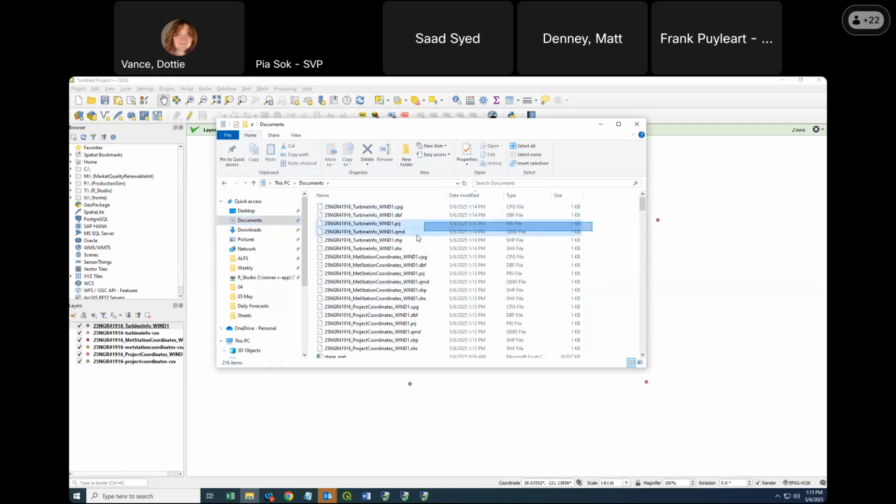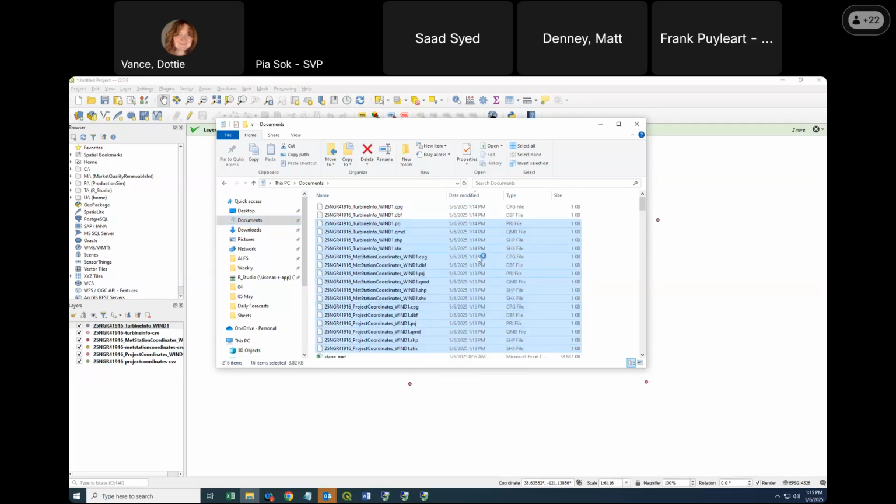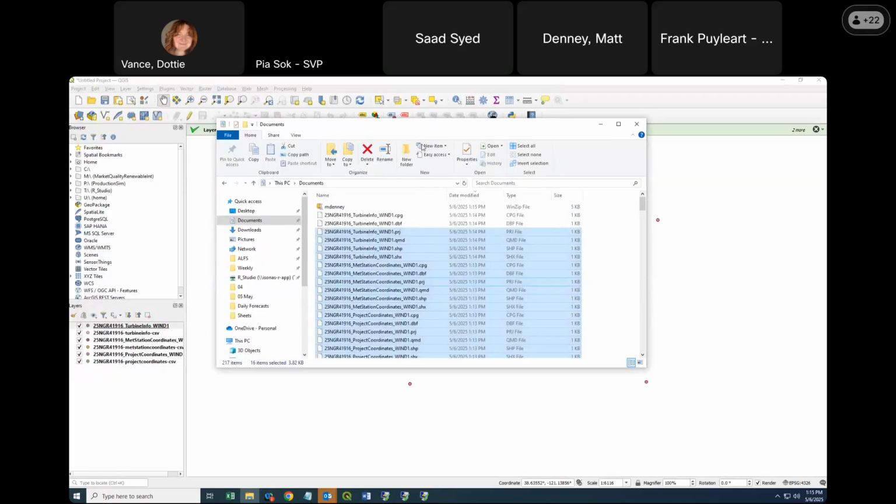And I'm actually going to intentionally forget to zip part of this up. We'll leave this DBF and CPG out, and we'll show later the kind of validation that we run into. But if you're not trying to mess things up, which I will show off a bit later, you want to select every single file that was created from that and then add it to a new zip file. And then that new zip file, we want to,